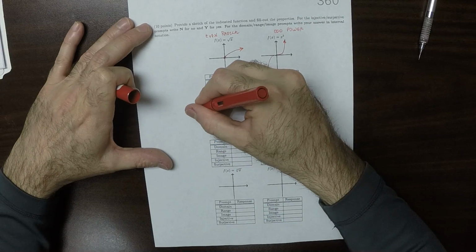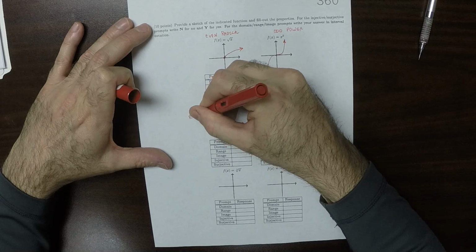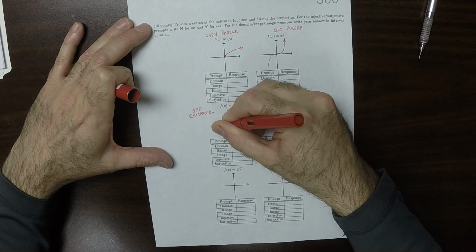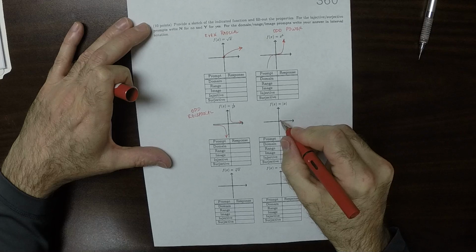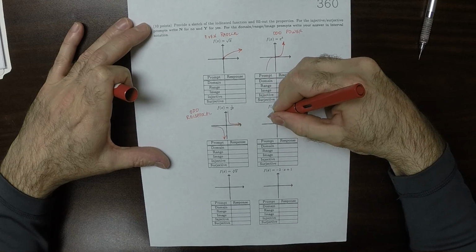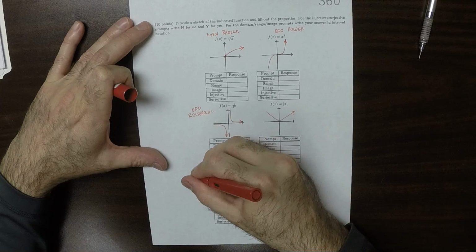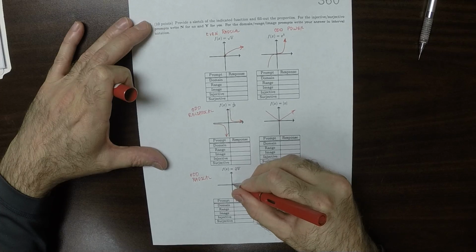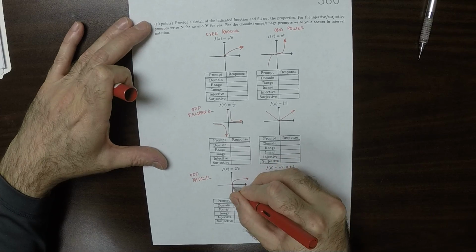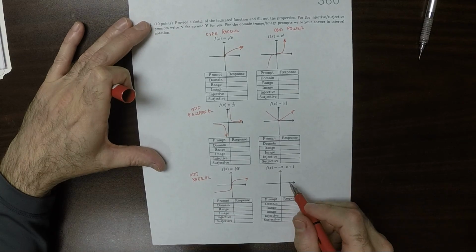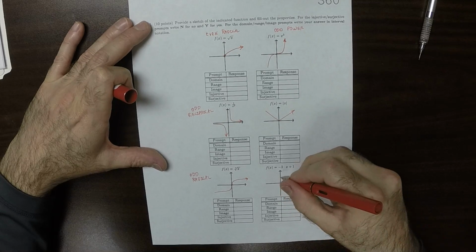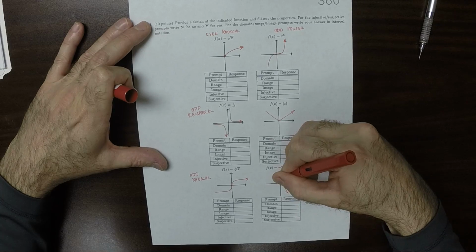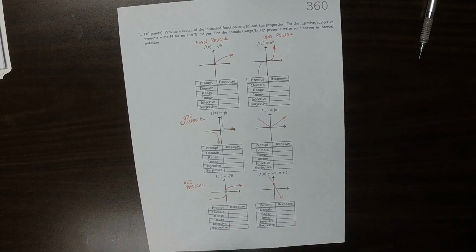1 over x cubed. So this is the odd reciprocal. So it will look like this. Absolute value. So this one here is an odd radical. Then this one is a line. So it has positive y-intercept and negative slope, like that. So now that we have them drawn,